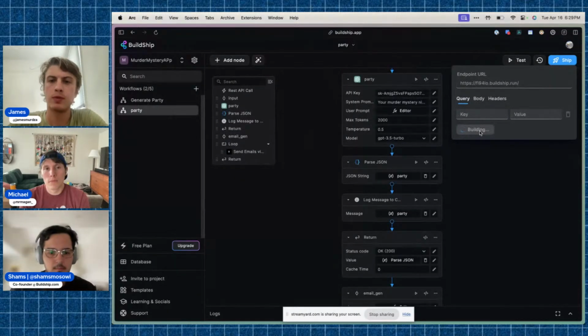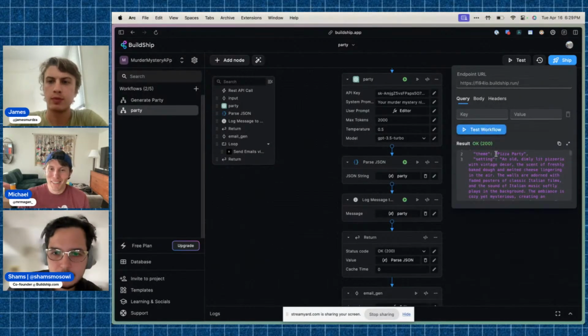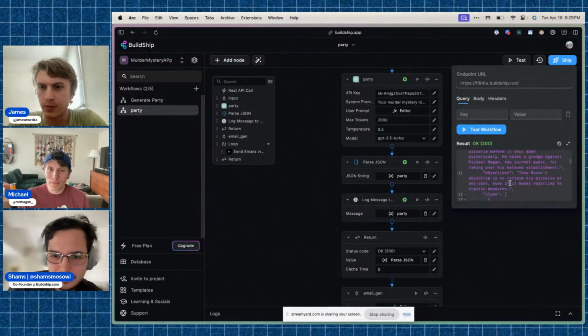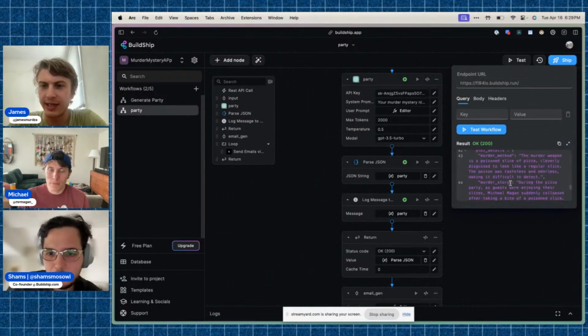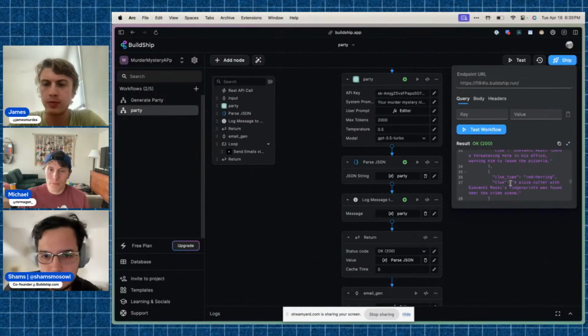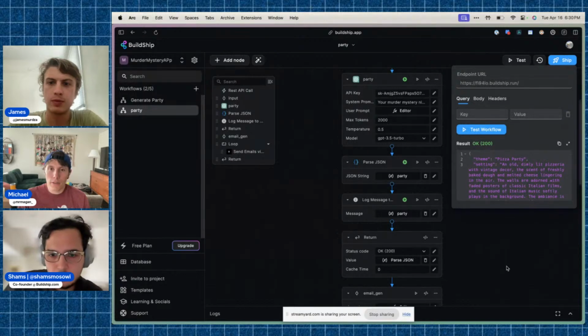Cool. Hopefully it returns valid JSON. Yep. Cool. So do we want to render that on the app now? Yeah, let's do it.